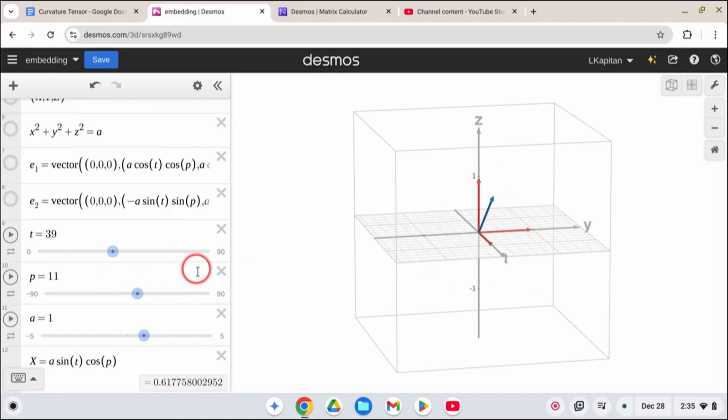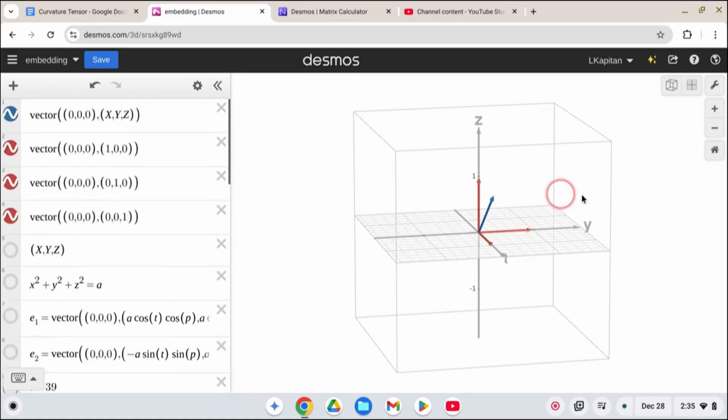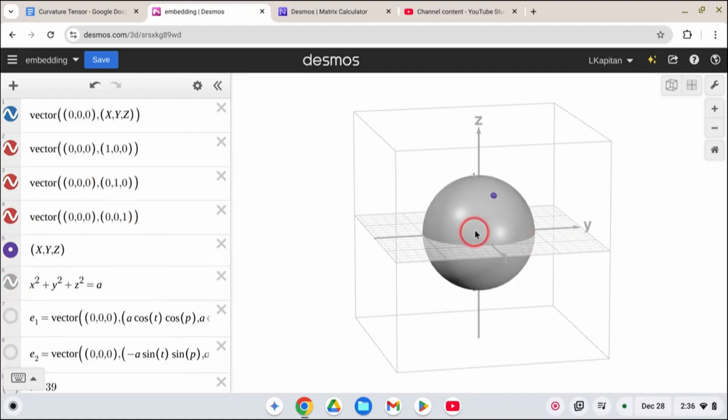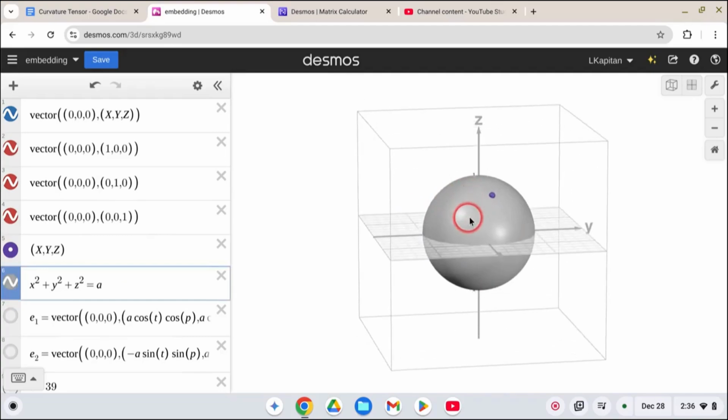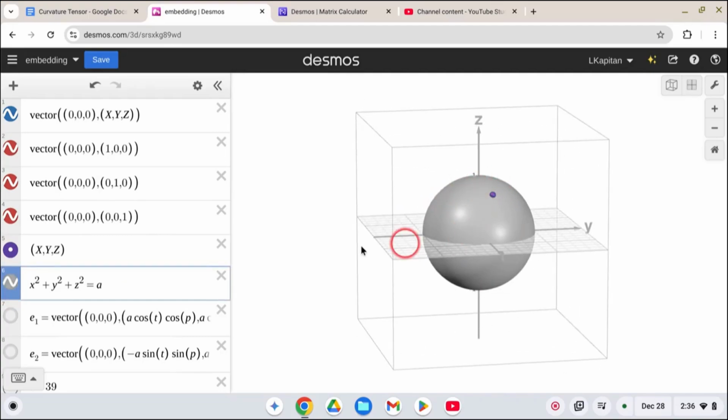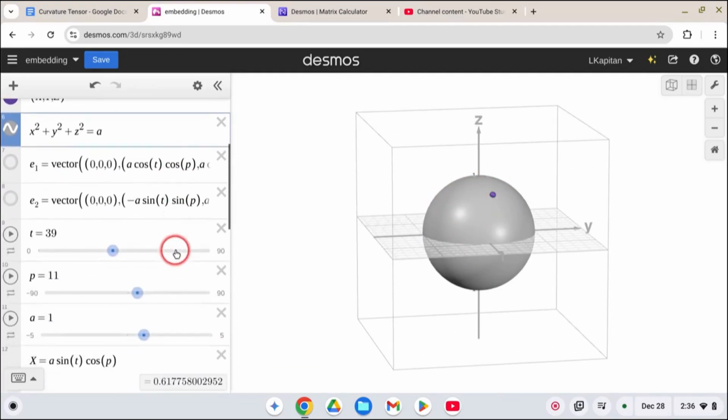all right? So now we're going to pop a point on the end of this vector. There he is. Now we're going to put a sphere with that radius, all right? So now this point is on the surface of the sphere, and we can move him around, or her,